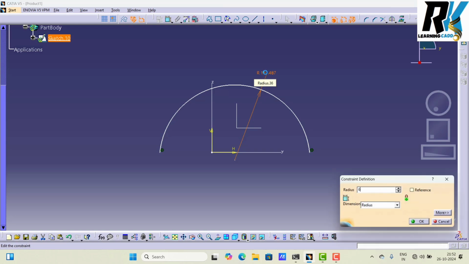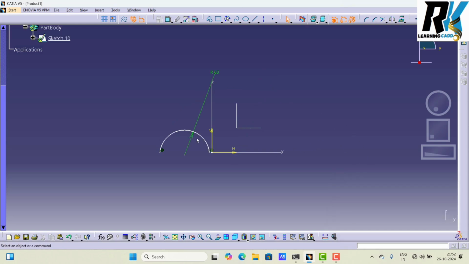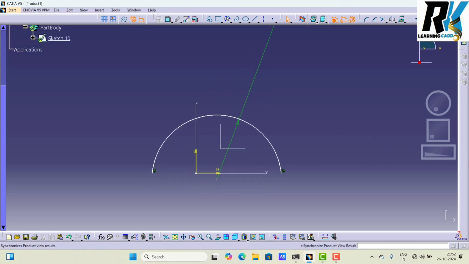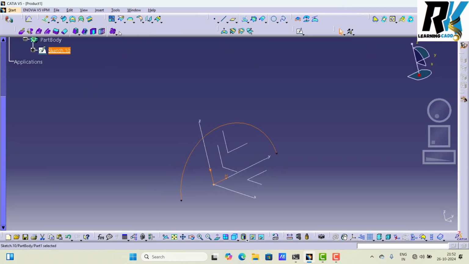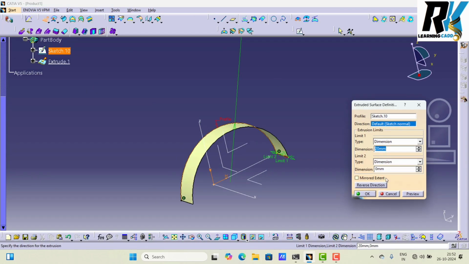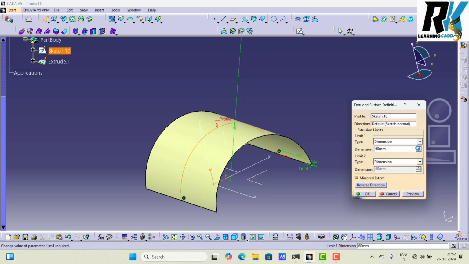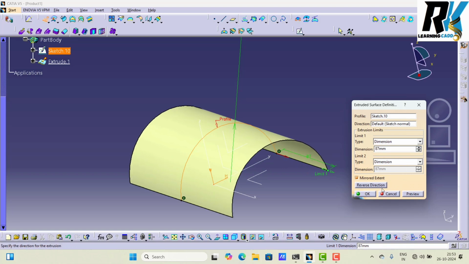I made a 60 radius here. Then I zoom in and finish it. You use extrude here and we make an extrude surface, so you make it on both sides. So easily we can understand these options.